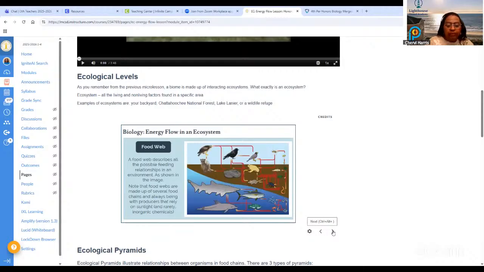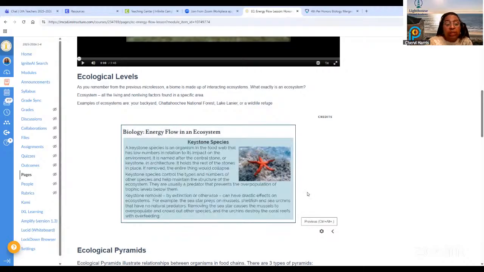The difference between a food chain and a food web. In the world, a food chain is simple. It says this one eats this one eats that one. But in the real world, there are several things that may feed on it. So a food web shows you all the possible feeding relationships that would happen in that environment. There's competition. Several organisms are going to be vying for the same resource. So a food web shows you all the possibilities in that particular ecosystem, as far as who's feeding on who. That's the difference. You've got more choices.